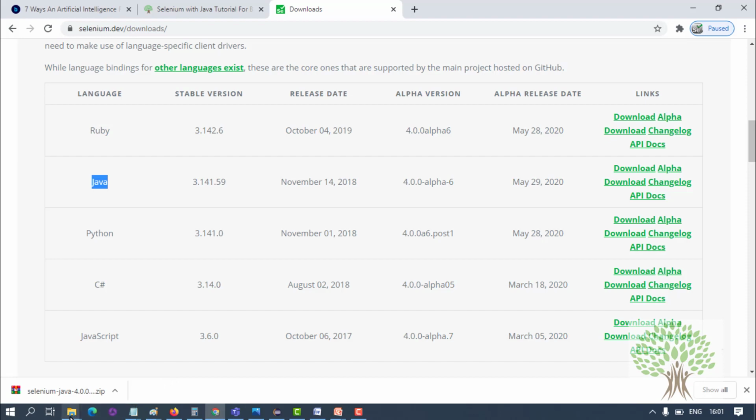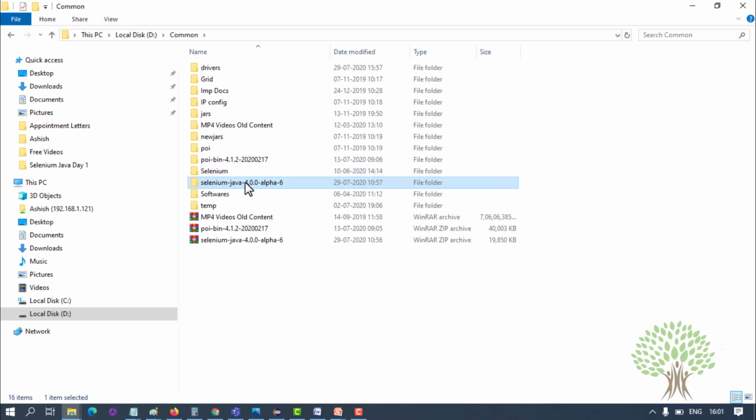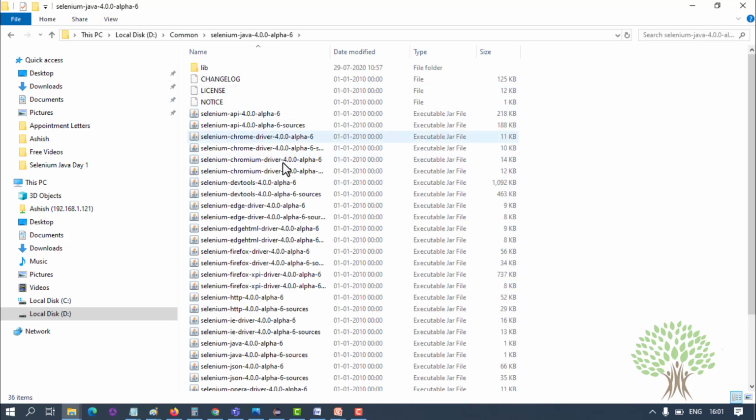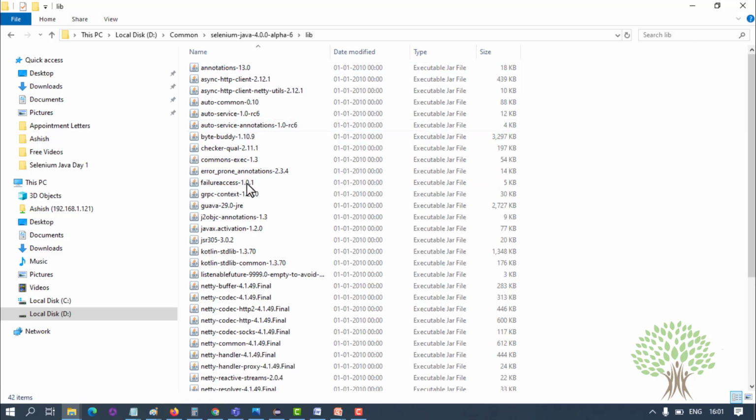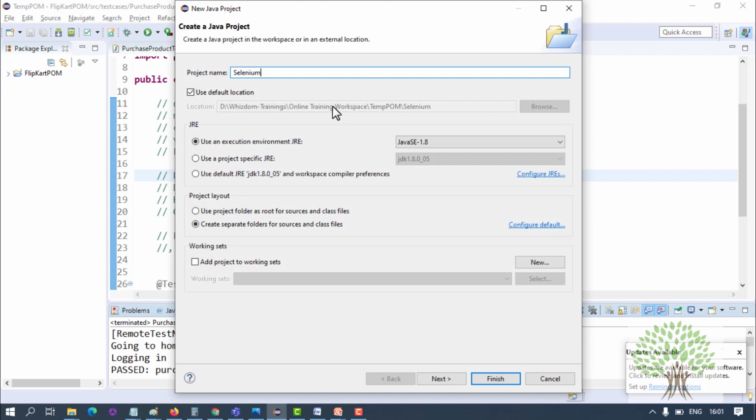You unzip that file and you will see a folder like this, Selenium Java Alpha 4, and you open it, you will see lots of jar files coming up. And you will also see a lib folder. Inside it also many jar files are there. You have to import these jars inside Eclipse in your project to make the project Selenium enabled. So you need to make a new Java project, and I will call it Selenium configuration manual. So you are manually configuring it, and next one we'll see is Maven.